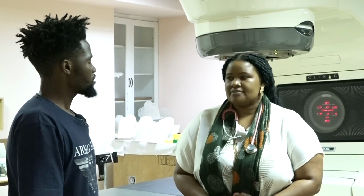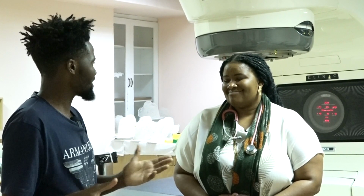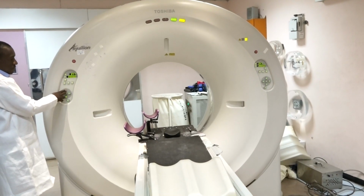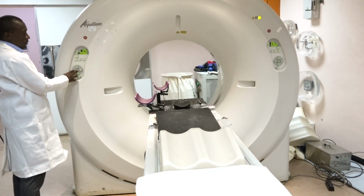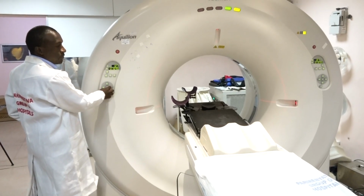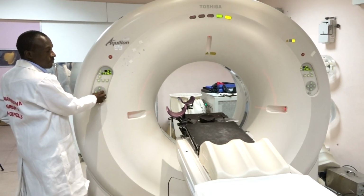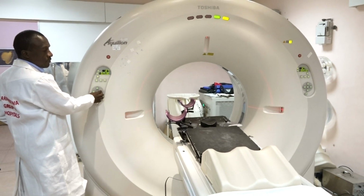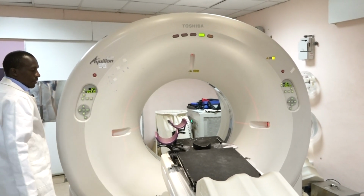For treatment. Yes. So how successful have you been in any of your treatments, like in the past few days, years, months? Right, so we've been treating a large number of patients. Since our first machine went up in May, we have delivered more than 3,000 radiotherapy sessions to date. Wow. And we look forward to an even higher number now that all our machines at Parirenyatwa are up and